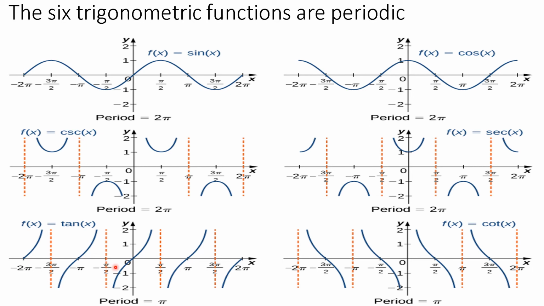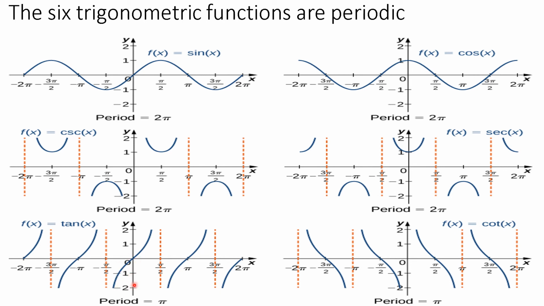The graph shows a vertical line at x equal to pi by 2 and at every odd multiple of pi by 2. These vertical lines are asymptotes. As x approaches pi by 2 or any odd multiple of pi by 2 from the left, y increases and y approaches infinity. As x approaches pi by 2 or any odd multiple of pi by 2 from the right, y decreases, that is, y approaches negative infinity.